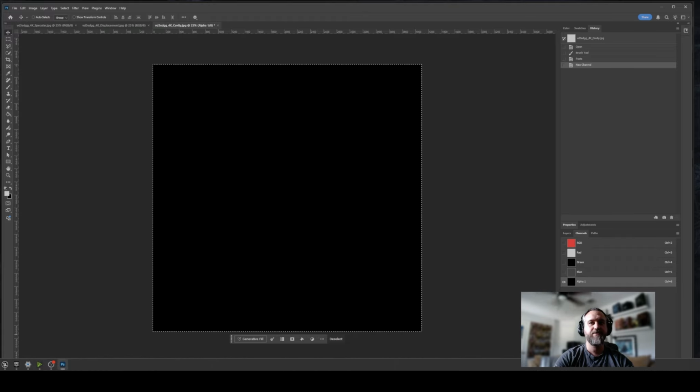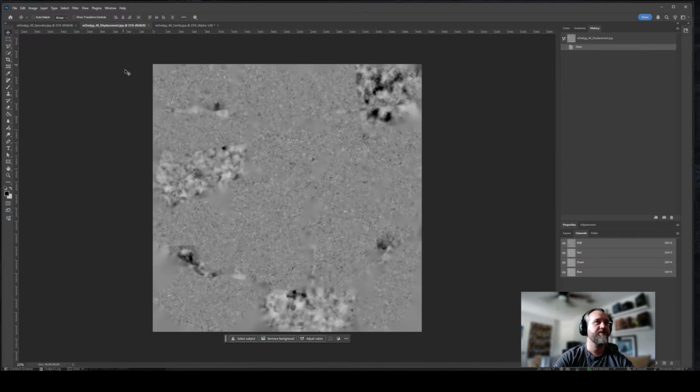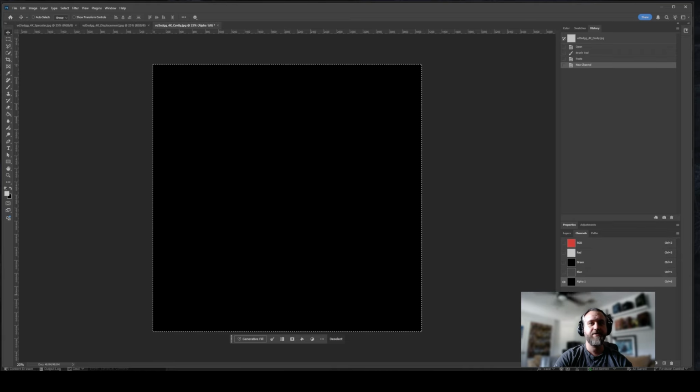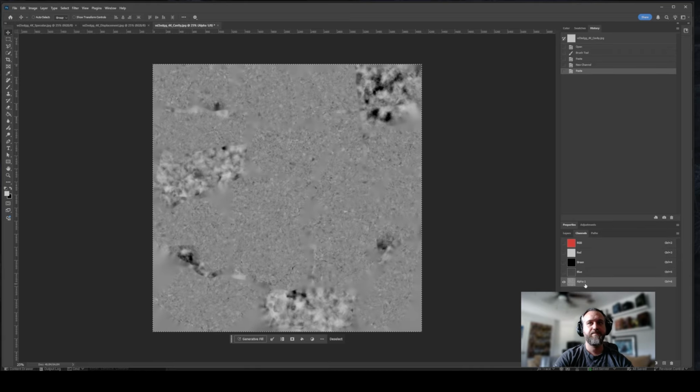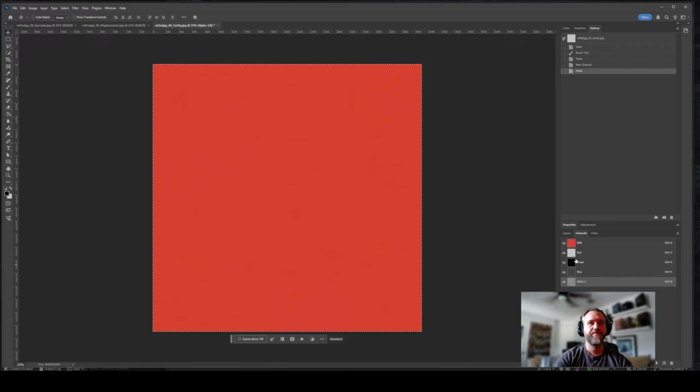So I'm going to go ahead and add a new layer. This is going to create an alpha channel for me. Go over to our displacement. We'll Control A to select everything, Control C to copy everything, come back over to this map here, and Control V to paste that in our new alpha channel. We can then select RGB and A to see all channels, and we can save this as